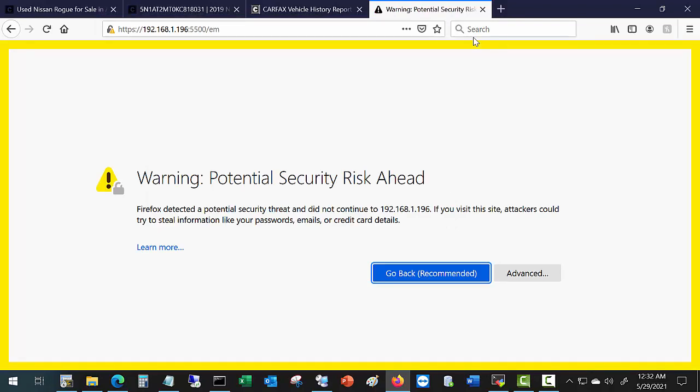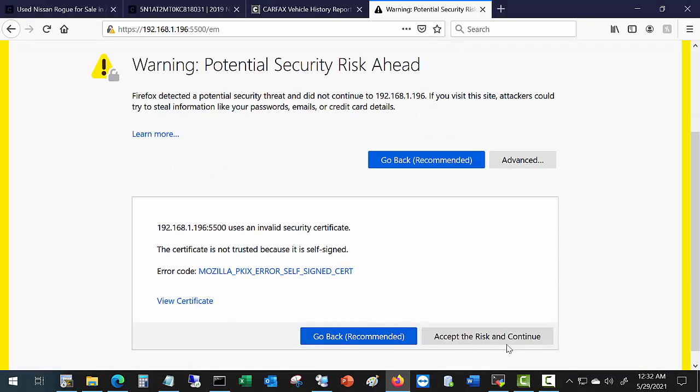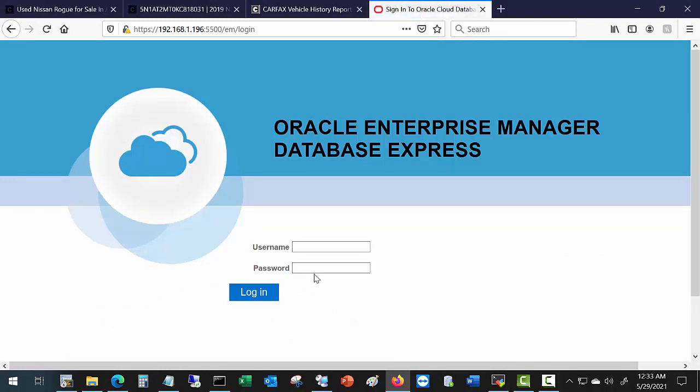If everything goes fine, the warning here is because my browser is going there for the first time. Advanced, accept the risk, because this is an HTTPS secured site,